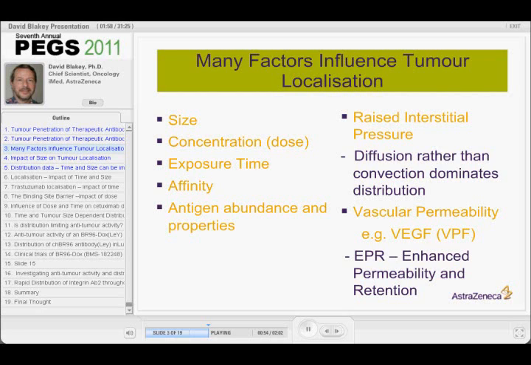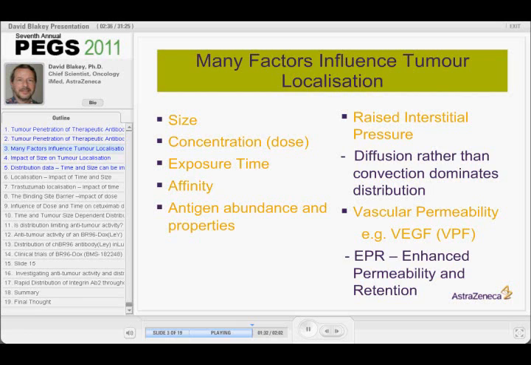But on the positive side, those tumours have permeable vasculature, and that in part can be attributed to the molecule vascular endothelial growth factor, the target for Avastin. When VEGF was first discovered, it wasn't called VEGF, it was called vascular permeability factor. It's a very potent permeability enhancing agent, as potent as histamine. This permeability enhancing activity leads to the effect that Dave's talked about, the EPR effect, enhanced permeability and retention.